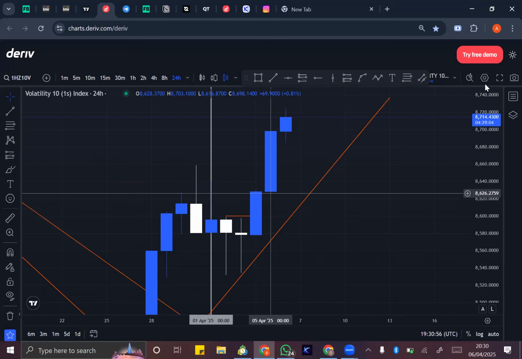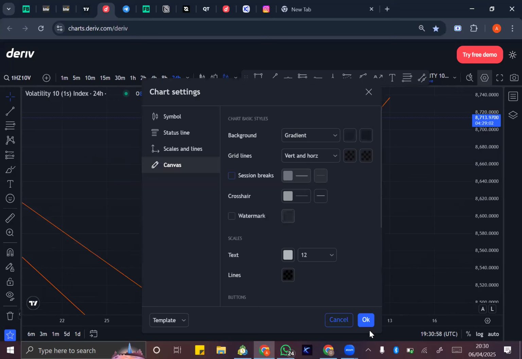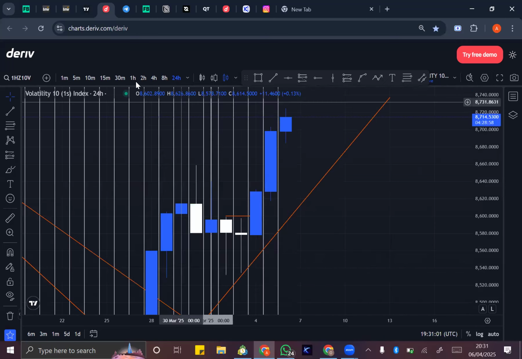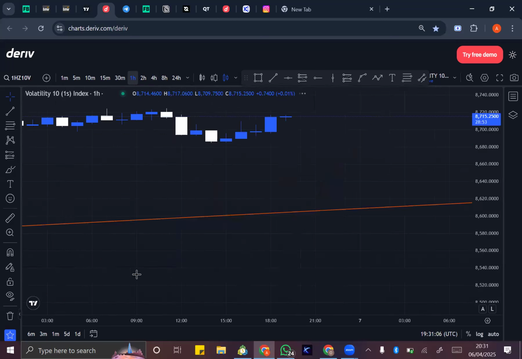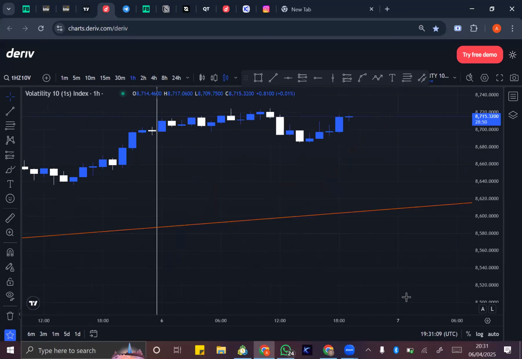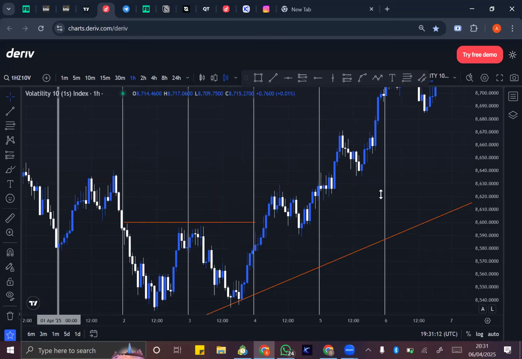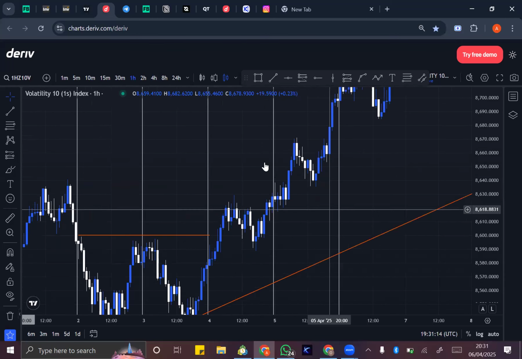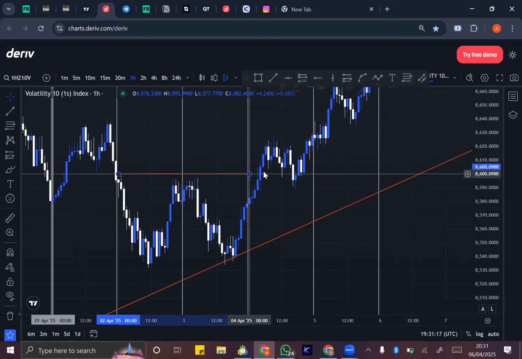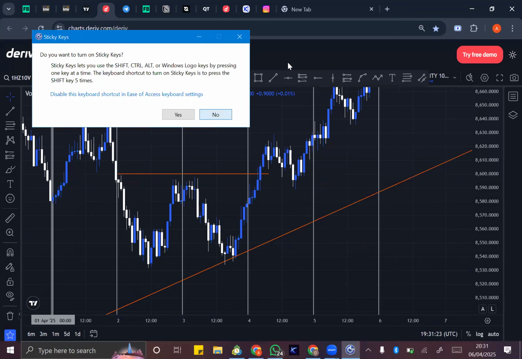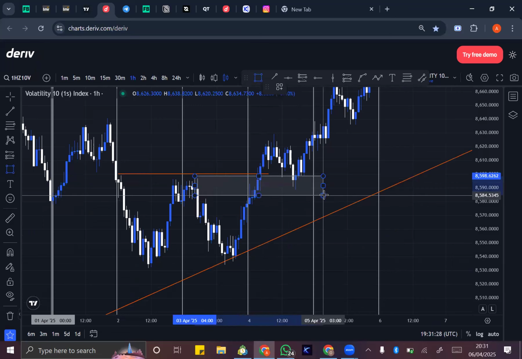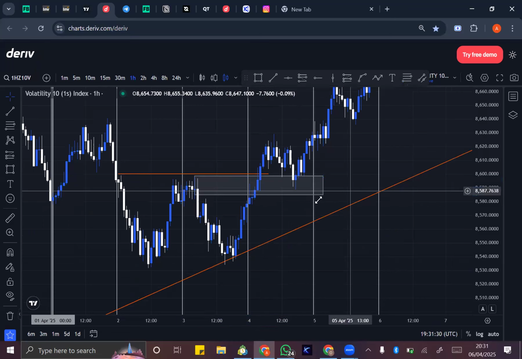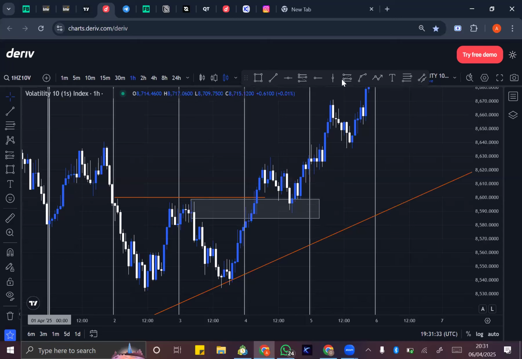So what you are going to do is just go to that next day, or maybe let's say 1 hour, then find a zone to take the trade from. It's very, very easy. Just find a zone to take the trade from. Since you already see that the market will break structure to the upside, and you have a breaker block right here, that would have been your entry if you wanted to take this trade. You would have just entered from this breaker block,